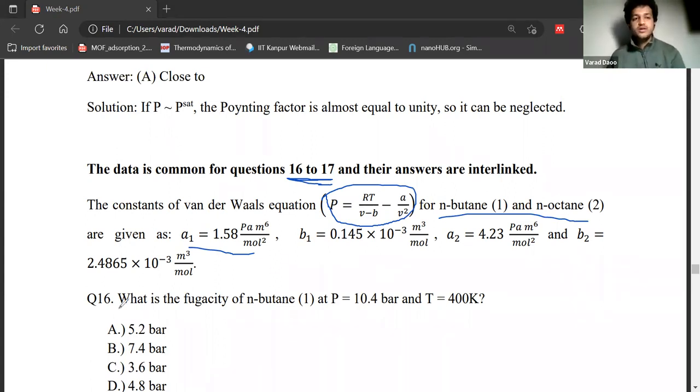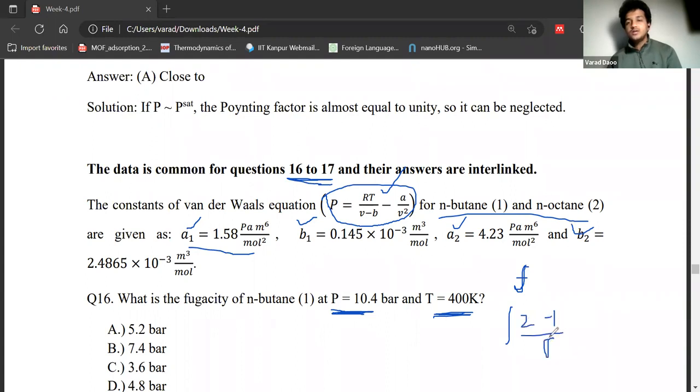Okay, what we are asked is what is the fugacity of n-butane at these conditions of pressure and these conditions of temperature. Fairly straightforward question. So the pressure equation of state has been given, where the van der Waals constants of the equation of state have been given, and what we are asked to do is find the fugacity. Remember how we calculate fugacity. There is one expression, the integral of (z minus 1) by p